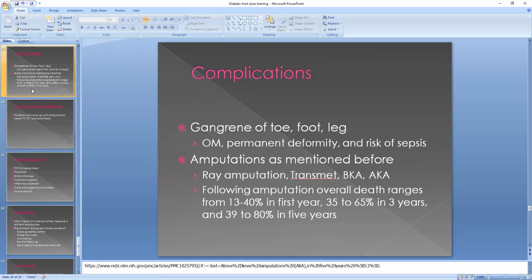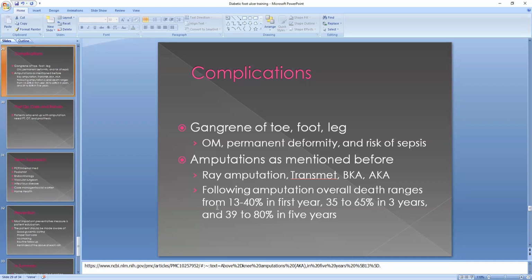And then the complications are pretty profound. You get the gangrene or the bone infection, and they end up with permanent deformities and risk of sepsis. The amputations, as mentioned before, you get the ray amputation, the transmetatarsal amputation, BK, AK. Yeah, I've even seen it go where they take out the whole hip and everything, the disarticulation. It's not pretty. And what I really want y'all to understand is